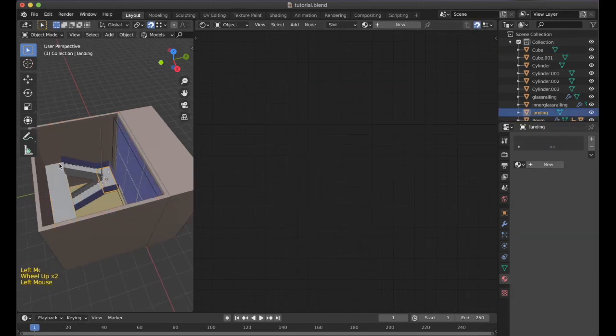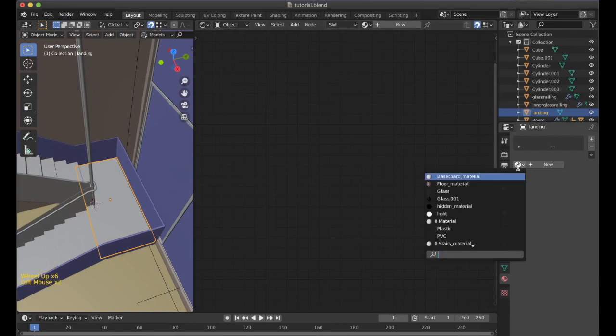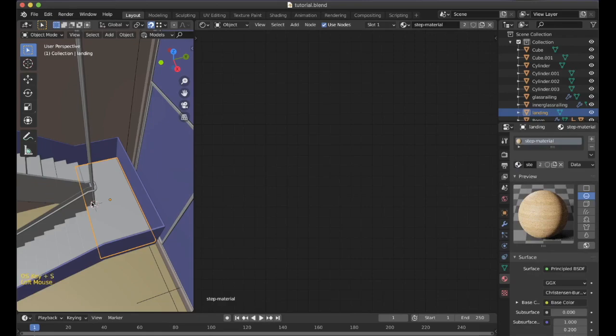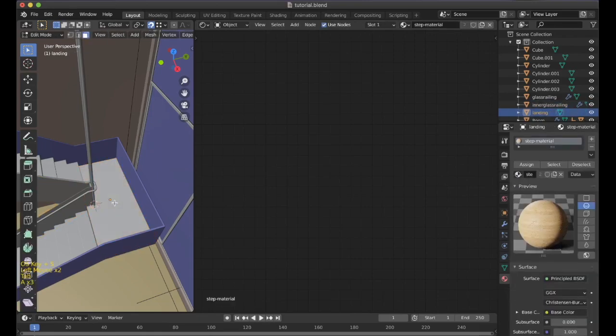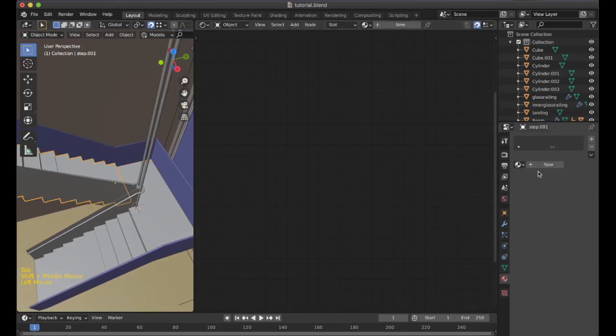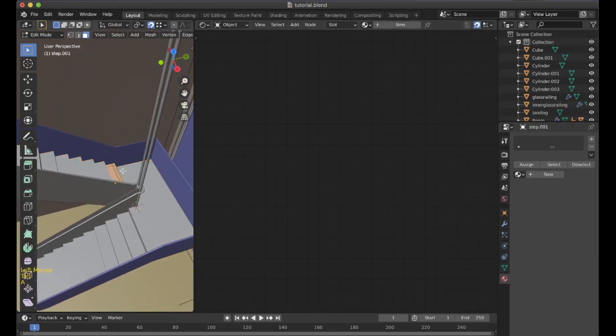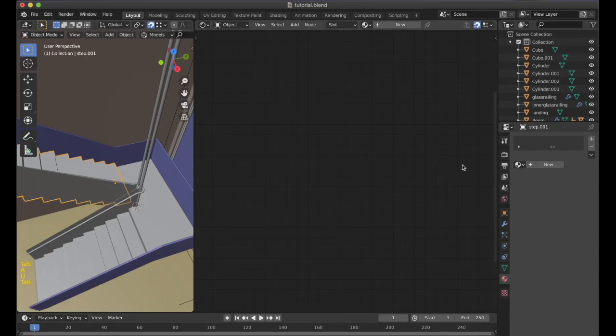I will add the landing material as the step material. And again I will do a UV unwrapping of it. Similarly, this step again will be UV unwrapped, and then over here I will give it the step material again.